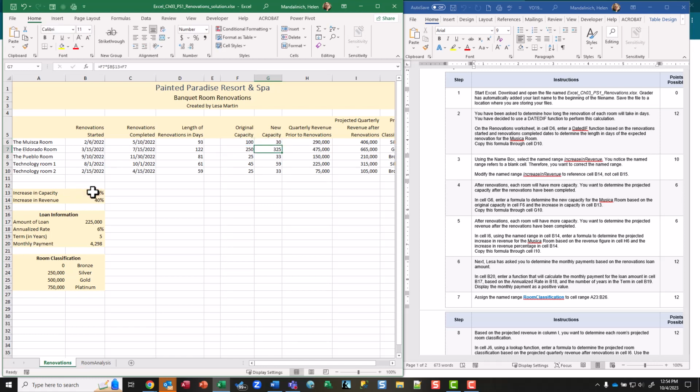going to get is how many new are being added to that space, right? That's the increase. But what we want to do is we want to know the new total, right? So that would be an increase of 30. So what I need to do is add in the original capacity. So it'll take what the original capacity is and add it to the increased capacity, which is the original times